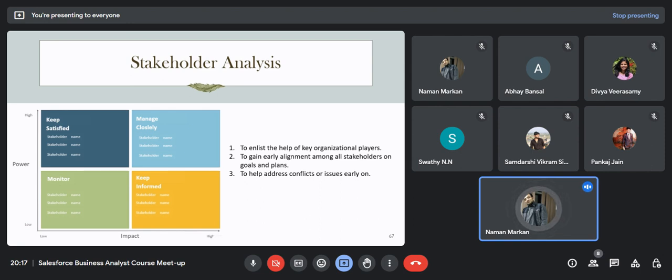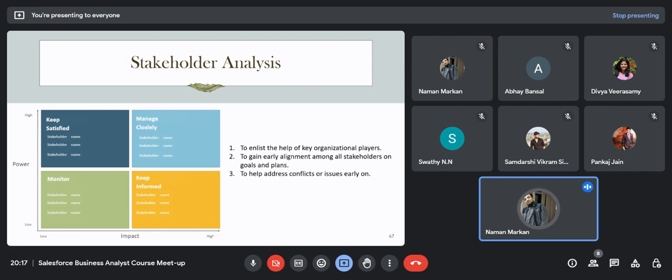But before you can determine which influencers and other stakeholders need to be approached, you have to analyze these stakeholders based on their satisfaction, their clarity, their information, their monitoring skills, or anything. We have to analyze their power and their impact. Then we can see that okay,